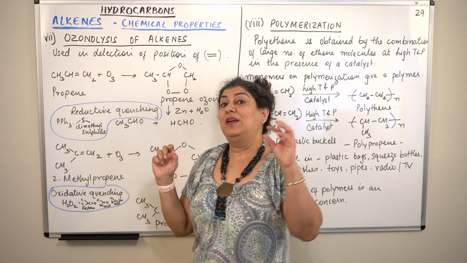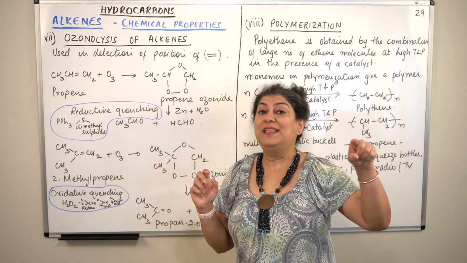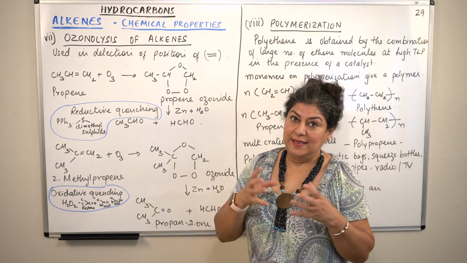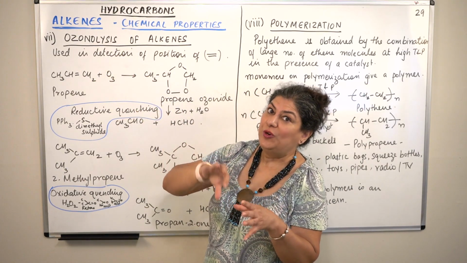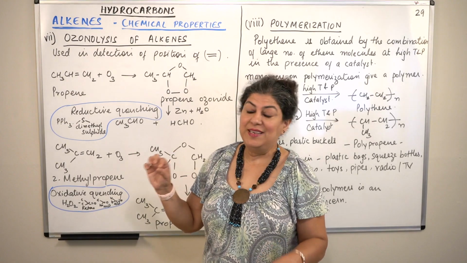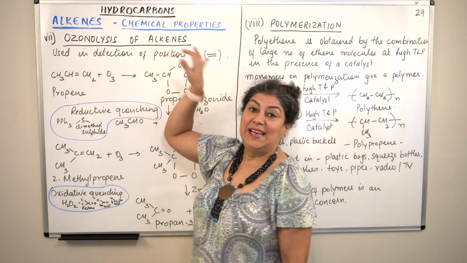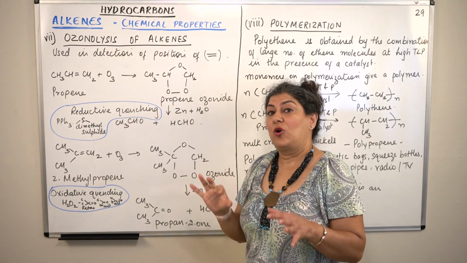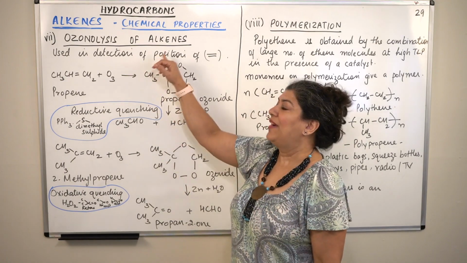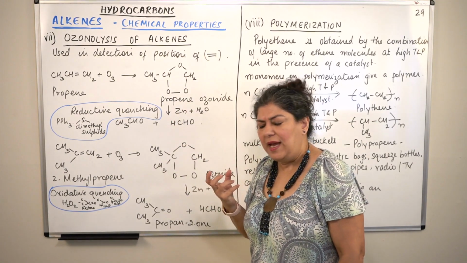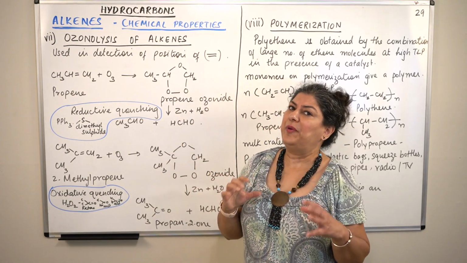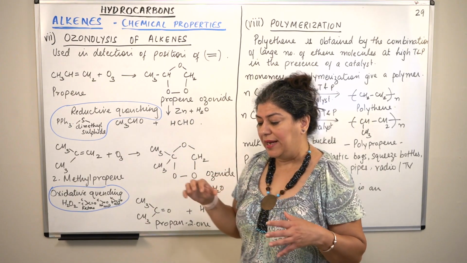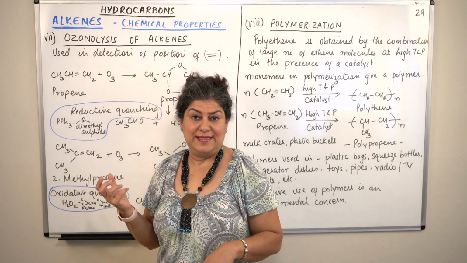In electrolysis, electricity is causing the lysis or the breaking down. So, ozonolysis would mean that ozone is causing the breaking down, right? So, ozonolysis of alkenes. Ozone is causing the breaking down of what? Of alkene. Now, what is there in an alkene which is so special that ozone will come and break it down? Out of all the hydrocarbons, how do we identify alkenes?